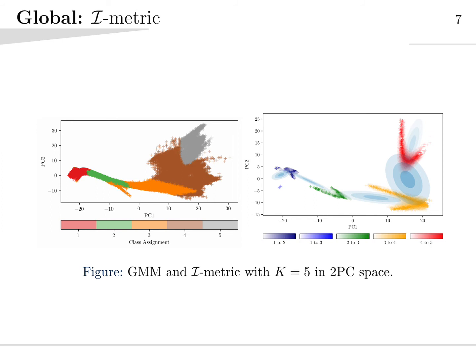If we look at this in 2D space, then we can see the clusters being sort of hard labeled on the left-hand side, and you can see that there are 5 clusters in this example. On the right-hand side, you can see the Gaussians, the clusters that this corresponds to, underneath the data and the I-metric overlaid on top on the points that it applies to. And so what you can see here is that the I-metric clearly highlights the boundaries between those clusters, but I